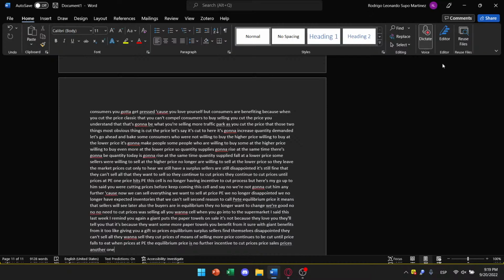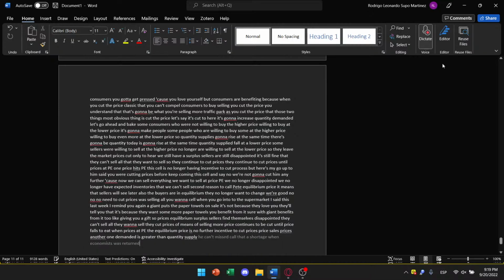Let's say the price is at PL. That PL, quantity demanded, is greater than quantity supplied. Economists call that a shortage. When economists use the term shortage, that's all we mean. It's the excess of quantity demanded over quantity supplied as a result of price being below equilibrium. At price PL,